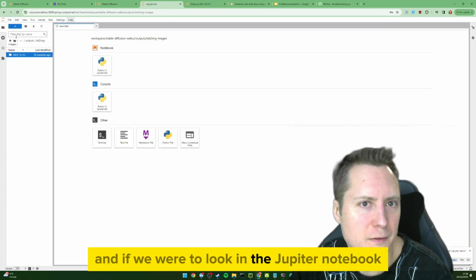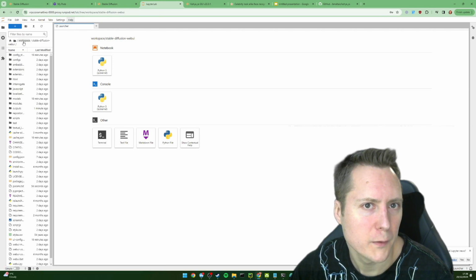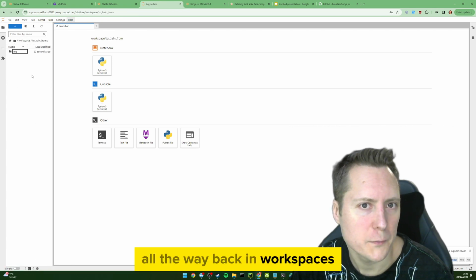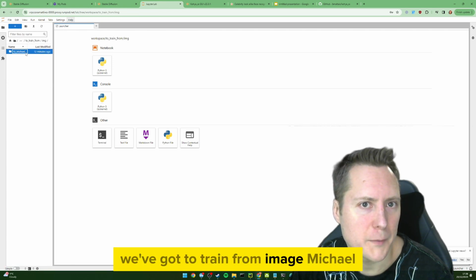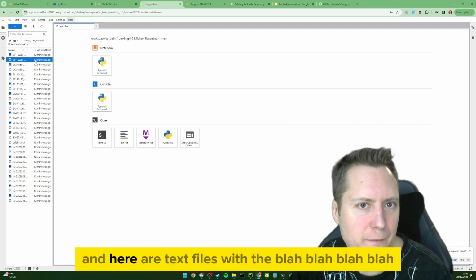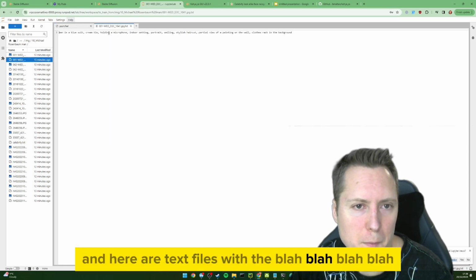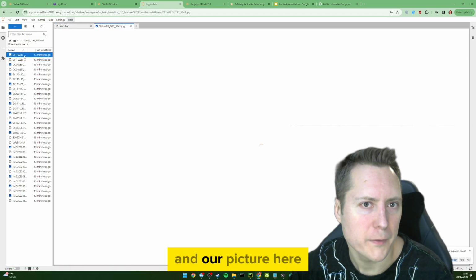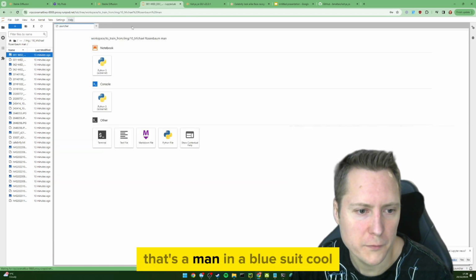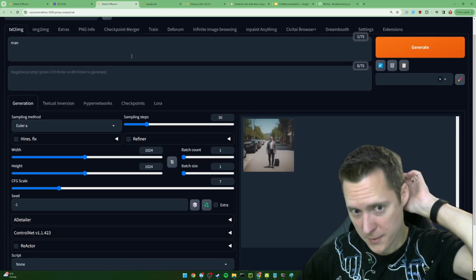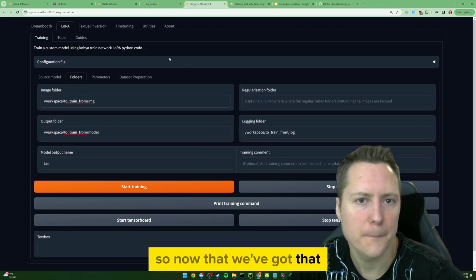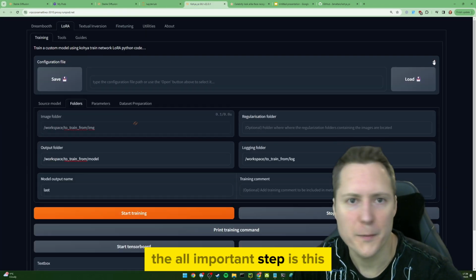And if we were to look in the Jupyter notebook, all the way back in workspaces, we've got train from image Michael, and here are our text files with the captions, and our picture here. That's a man in a blue suit. Cool. So now that we've got that, the all important step is this